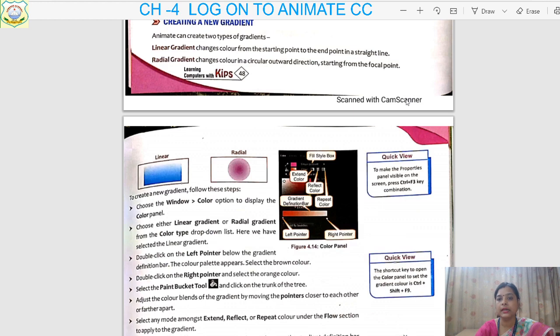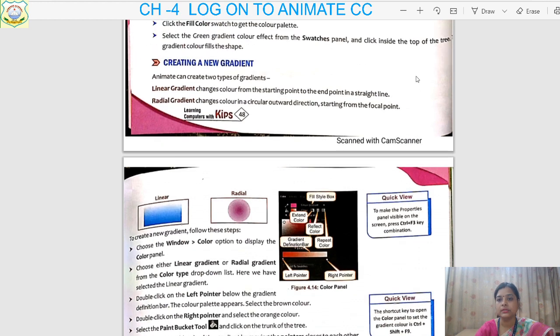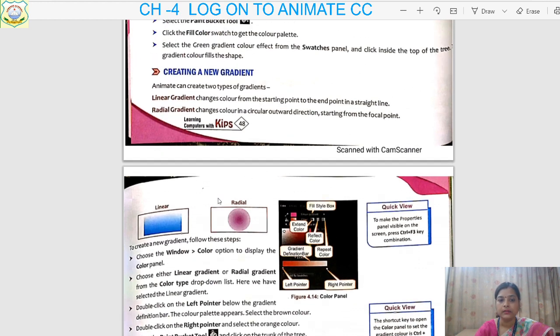If you see the diagram, this is linear, blue color. Can you see the difference between linear and radial? If you are able to see, you can easily write down their definitions. The color changes through a straight line here, and in the radial gradient the color changes in a circular, outward direction, starting from the focal point.